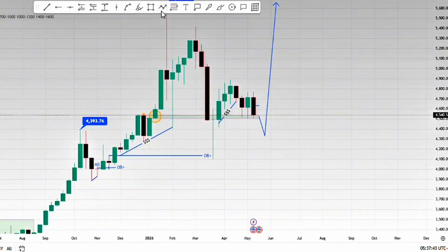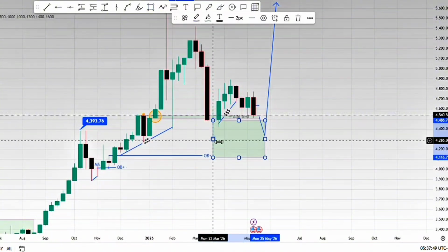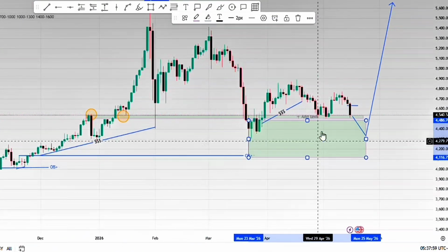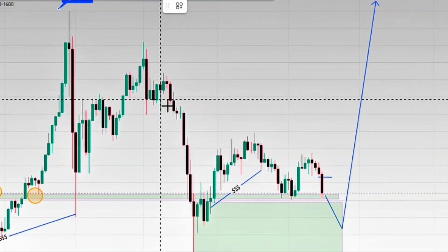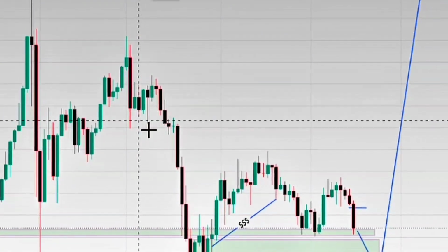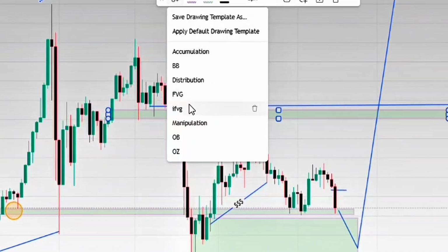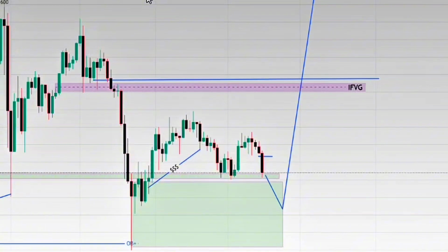If the market reaches that zone and starts printing a clear bullish market structure shift with a strong confirmation, I will be looking for a potential continuation toward the upside. The upside target I am watching is around the 5,050 area, where we also have a daily inverted fair value gap and daily order blocks. And if price reaches that area, it could become another important reaction point where we may potentially see a resistance